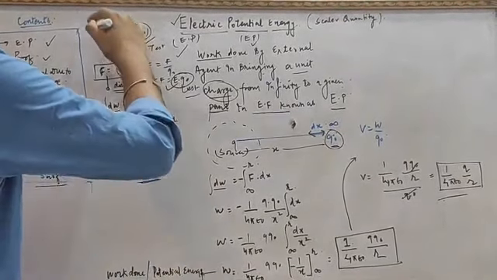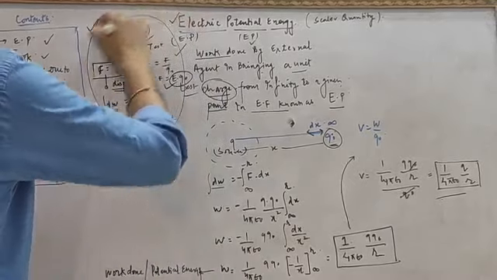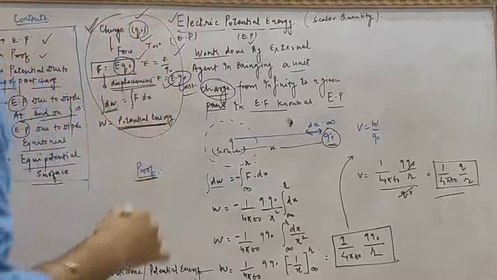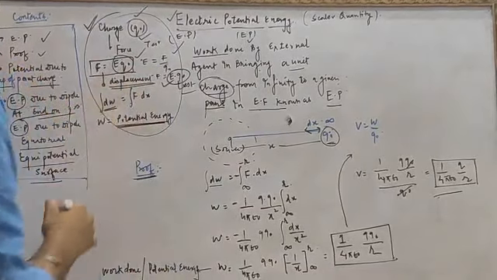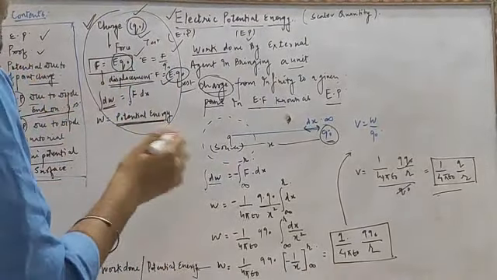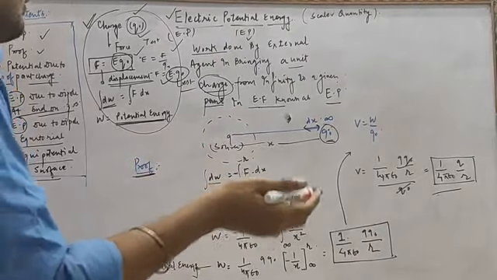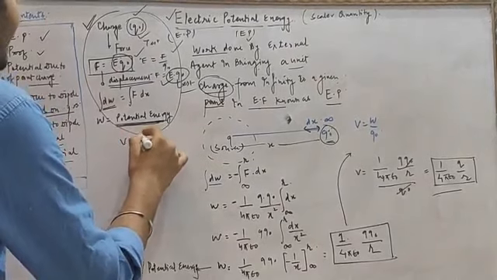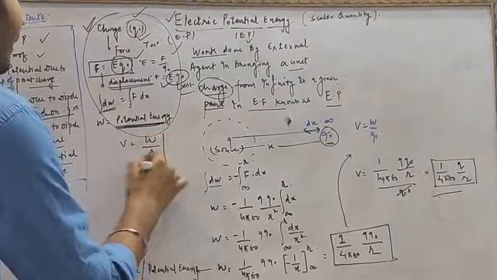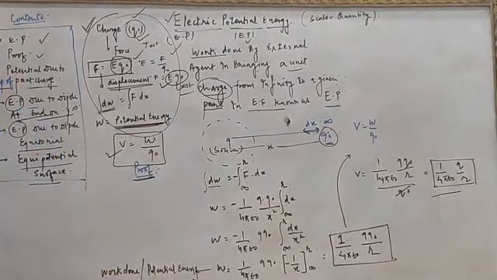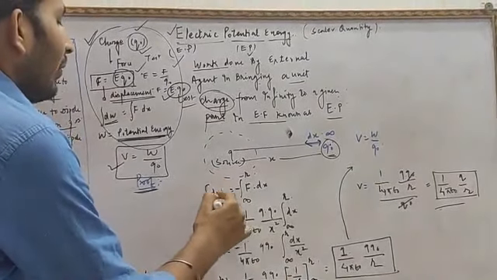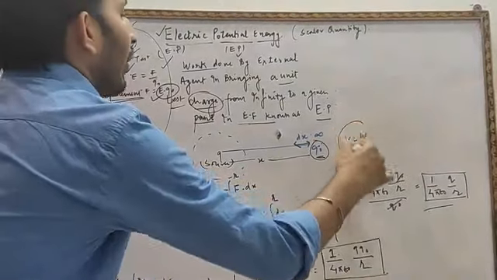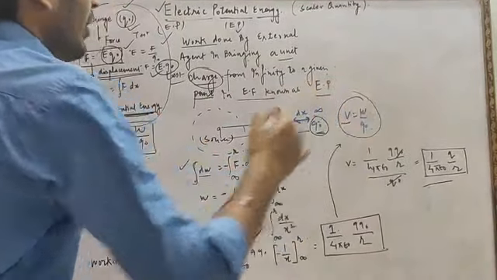So you should try to relate these theories: how the electric field influences the charge, what is the influence of the electric field over the charge due to displacement, and the work done against the displacement in bringing a charge from infinity to a given electric field is known as electric potential energy. And we know very well W upon Q0 will give you the value of the electric potential. So here we will find the expression for the work done, and then we will use the formula electric potential equal to W upon Q0.